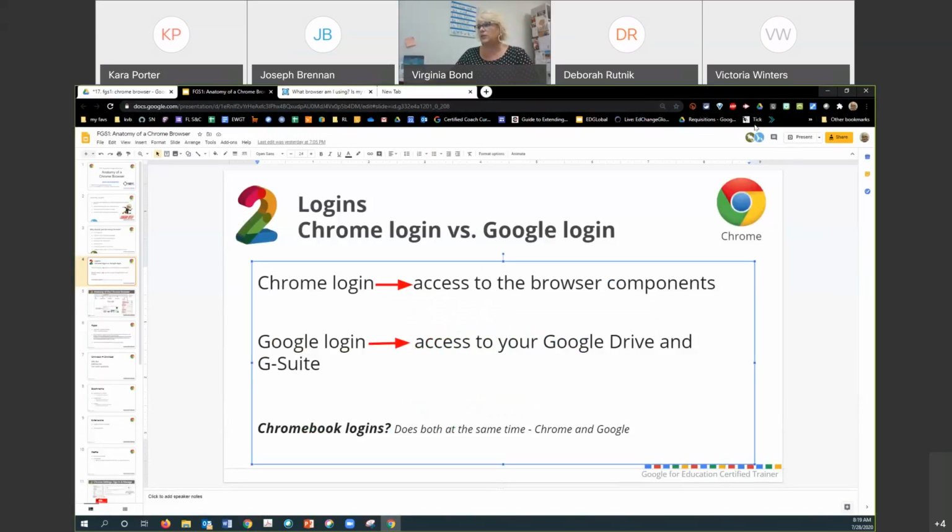So all of these pieces up here, and that's where history will be saved. The Google login is going to give you access to your Google Drive and your G Suite. So any of those